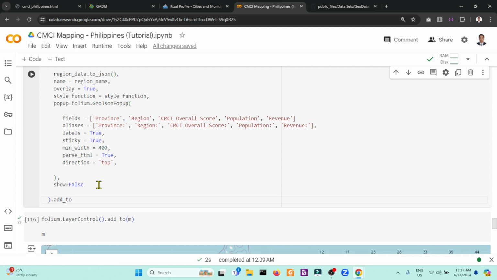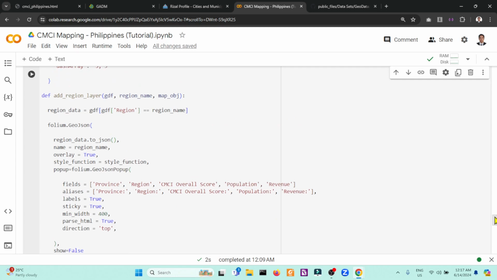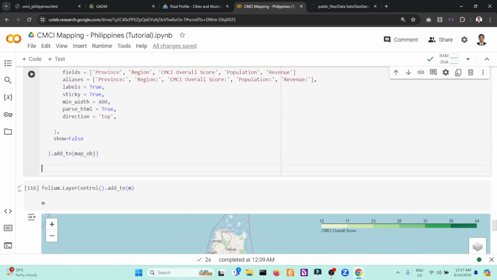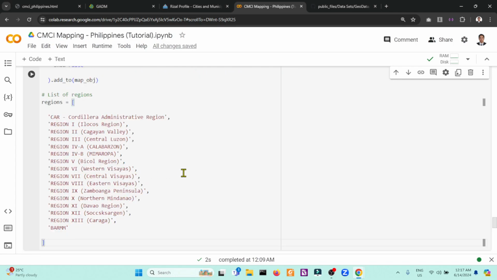Then we need to add the specific map to the map object itself. Since this one is inside a specific function of add region, we can iterate this one in order to map each specific region. So all we need is a list of regions, which I will copy and paste. So based on the data, we have this one.